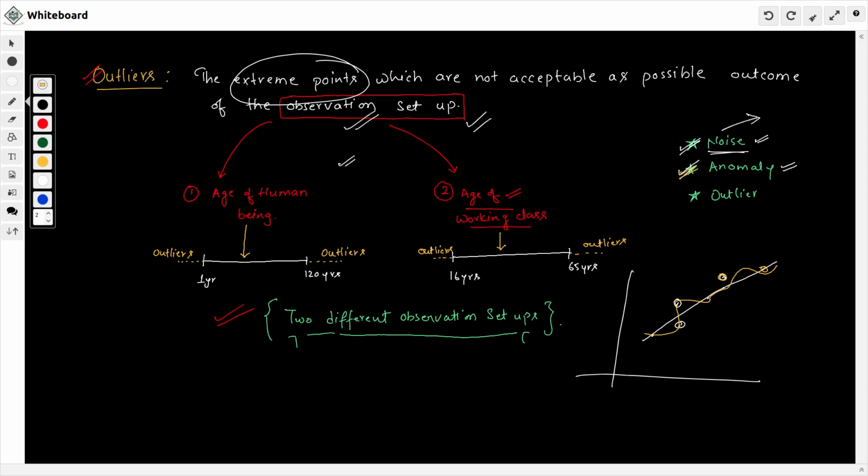Now, when we talk about anomaly, anomalies are the points that are generated by some different process. Let's suppose I have a plot here of the speed of a vehicle versus the duration of time. I have speed of vehicle on my x-axis and on my y-axis the duration for which a particular engine has been turned on. We can have data which shows that as the duration of the engine increases, the speed also increases,